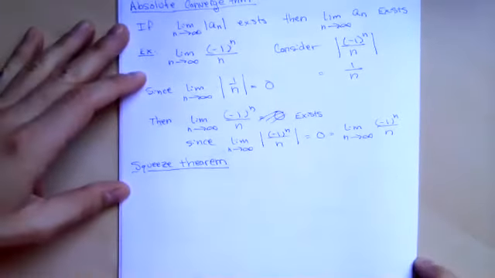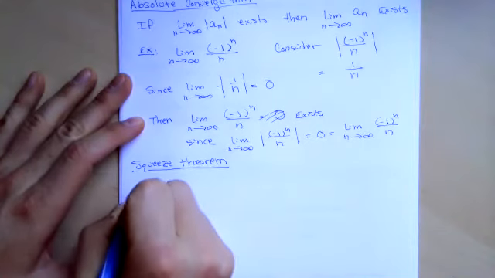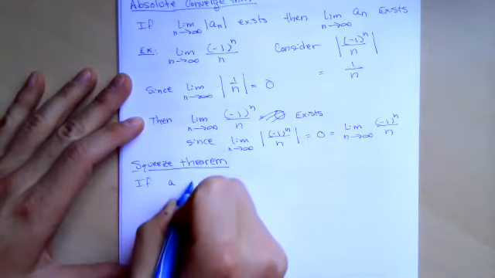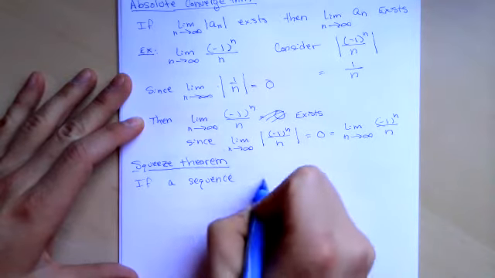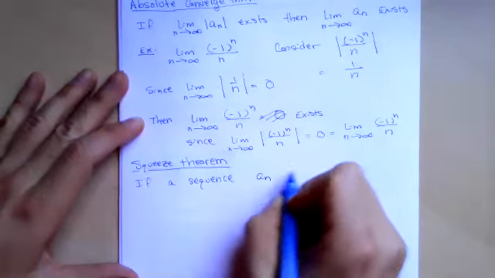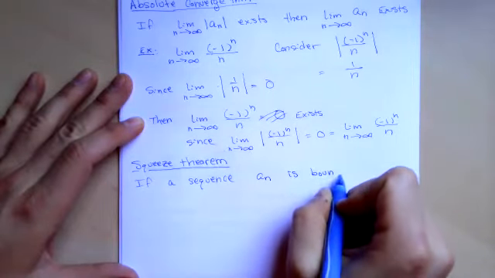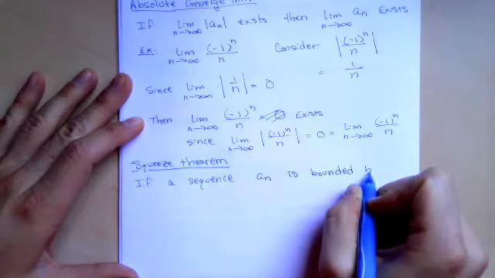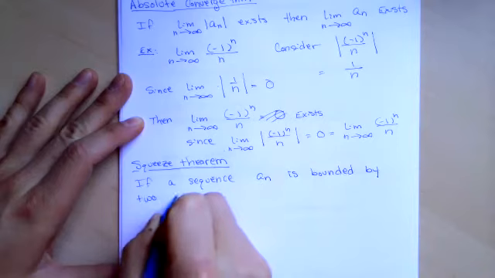The squeeze theorem tells us that if we have some sequence, let's call it a_n, if it's bounded by two other sequences,